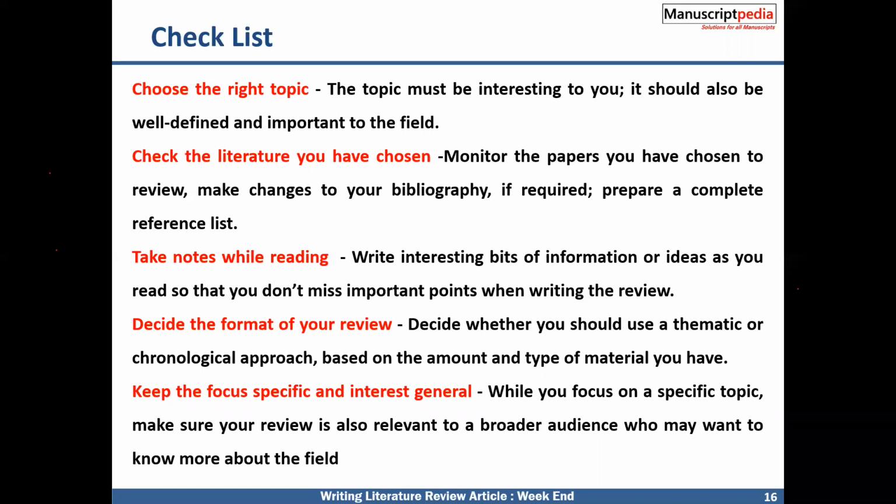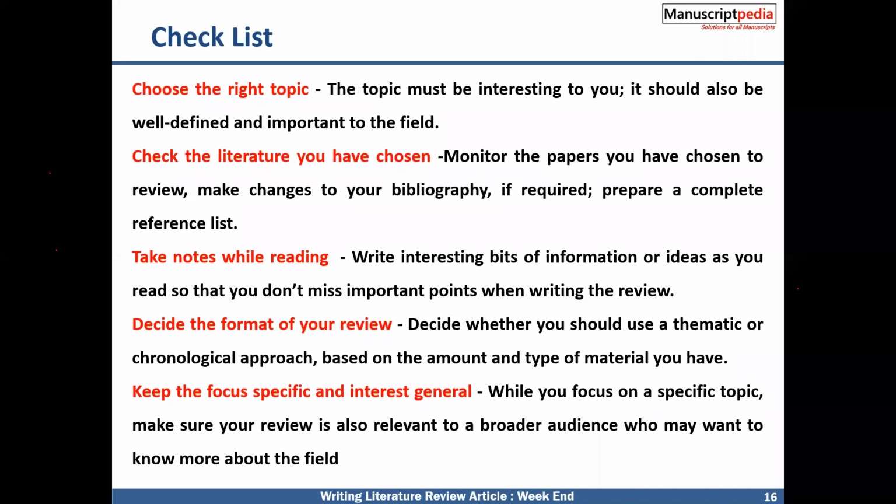So the format is very important, and you have to focus on a topic that most people are searching, for example, AI in certain topics, machine learning, 3D printing. When you write a literature review, take as many recent papers as possible. Don't go for the older papers.